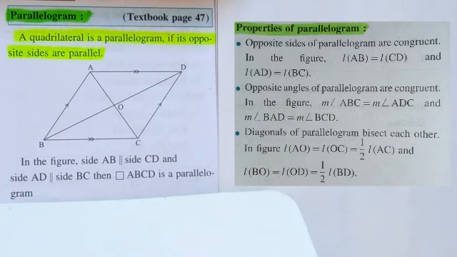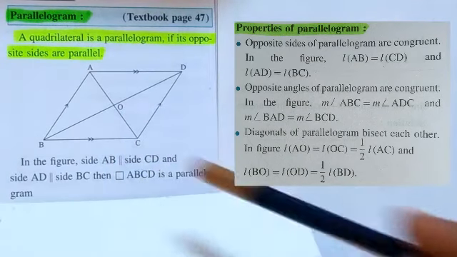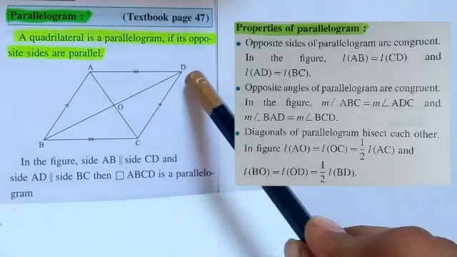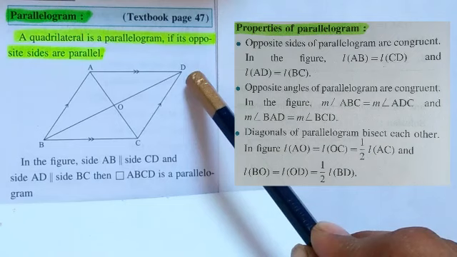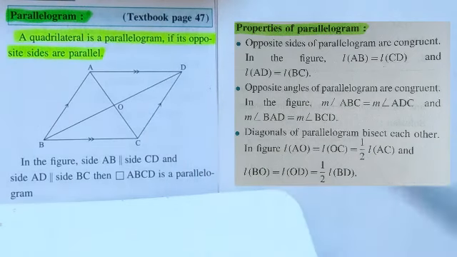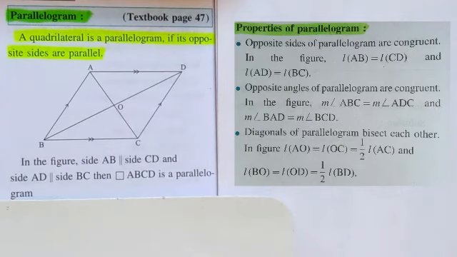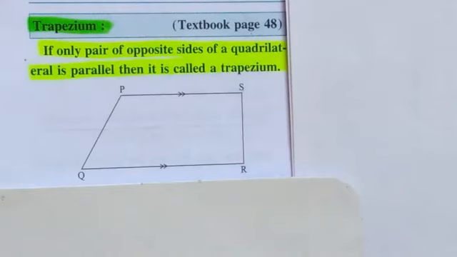So in this figure, length of AO is equal to length of OC. Both have the same measurement, which is just half of AC. In the same way, length of BO and OD is also similar, which is just half of BD. So take out the screenshot and write this in your notebook.